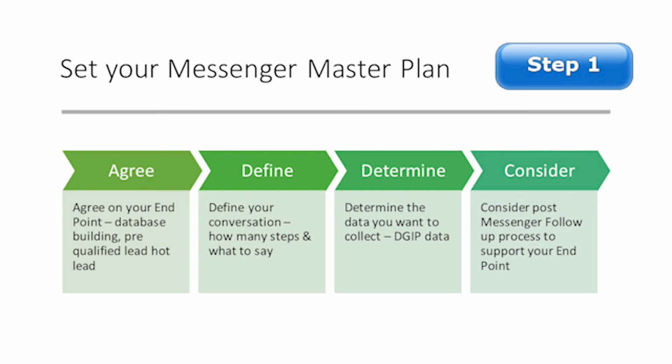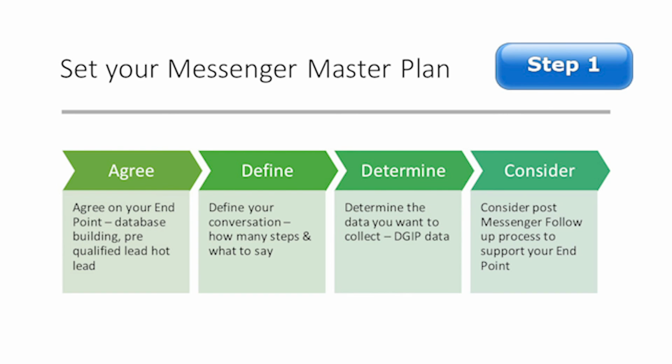And I guess what I want to throw in here as part of step one is not only looking at what conversations you want to have inside Facebook with your potential lead, but also what you are going to do with that lead once you've got them. So there's almost like a two-pronged approach to step one, isn't there? There's the actual conversation I want to have inside Messenger. And then once I've got those contact details, what's the conversation, equally important, going to look like off Messenger?